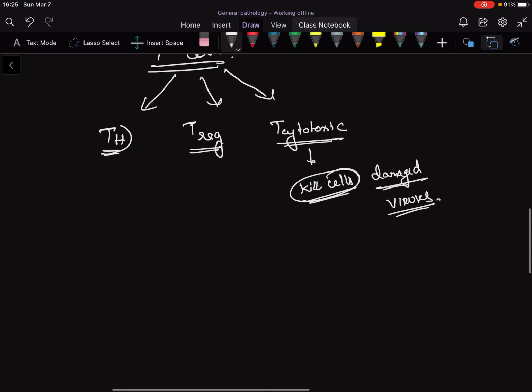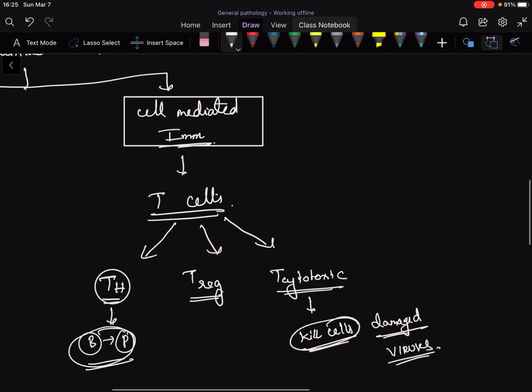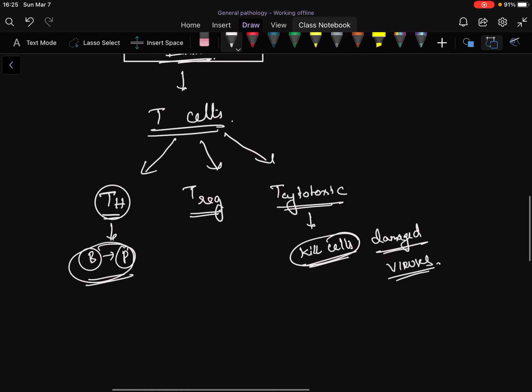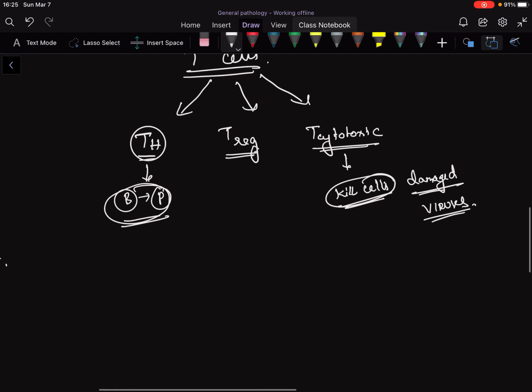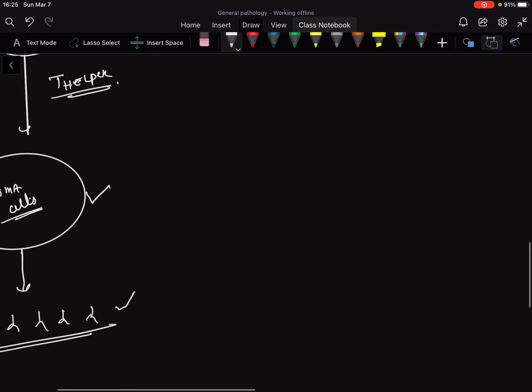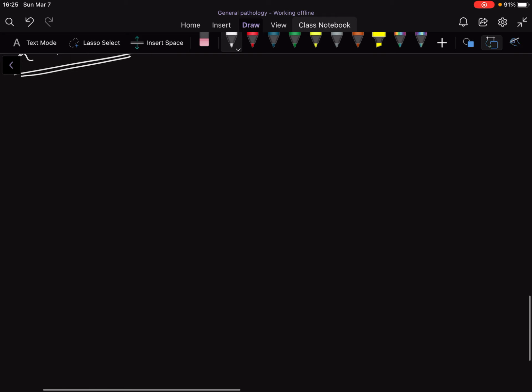So T helper cells help in the conversion of B lymphocytes into plasma cells. All these come under cell mediated immunity. So this was about humoral and cell mediated immunity. Next I will talk about